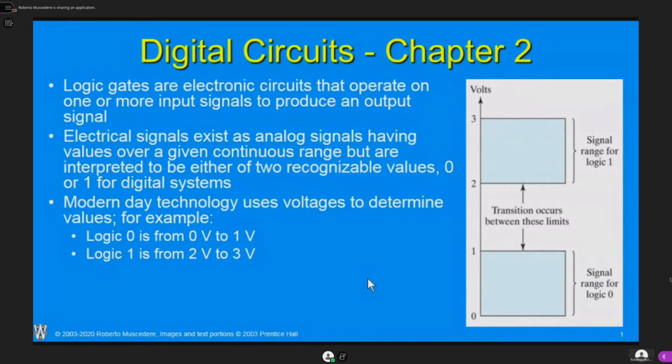Most systems today, any circuit board that you look at, will be up to 3.3 volts for a 1. But when we get into the CPUs of today, the internal voltages at its fastest point could be as low as 0.9 volts or even lower. Because it takes time. If I'm at 0 and I want to bring it up to a 3, it's going to take time to pull that signal up, right? So the way we make CPUs faster is to say, well, this is 0, but this is a 1 up here. If I only have to pull up to about 0.9 volts, it takes me less time to get there. So it's to their advantage to do this, but there's also a risk